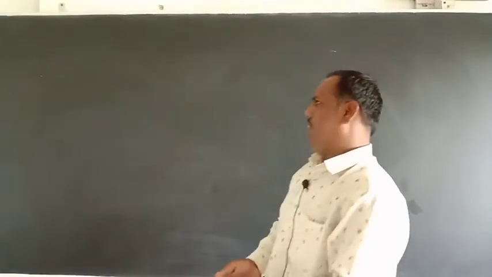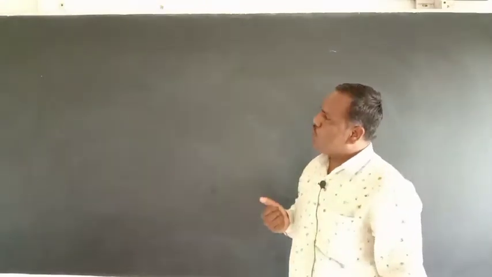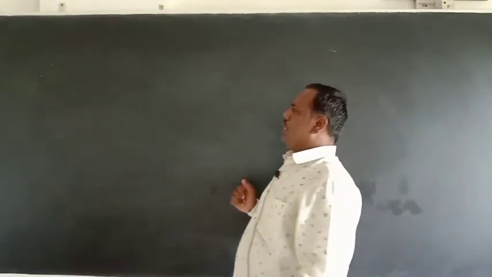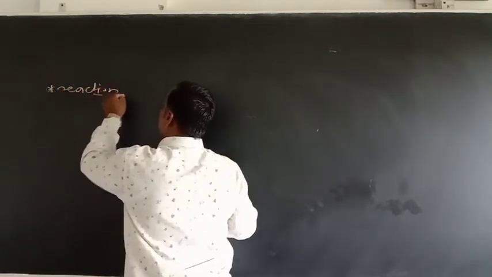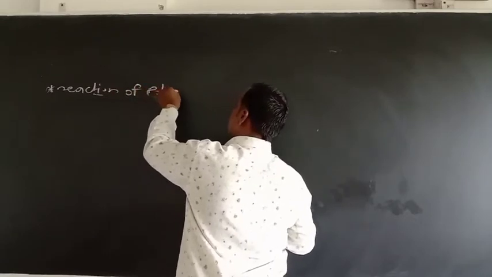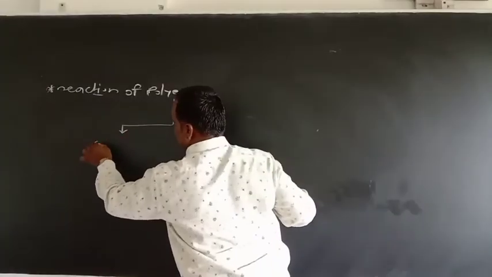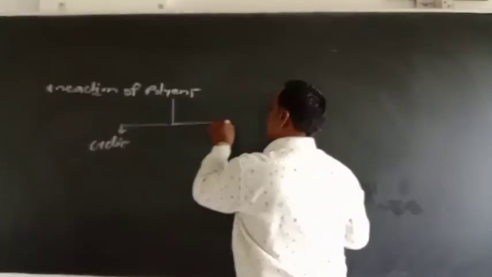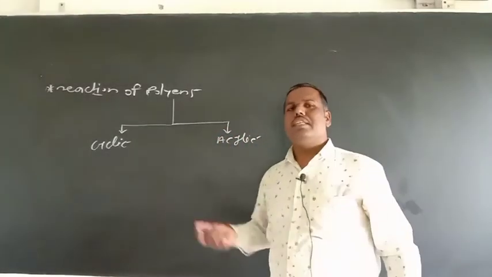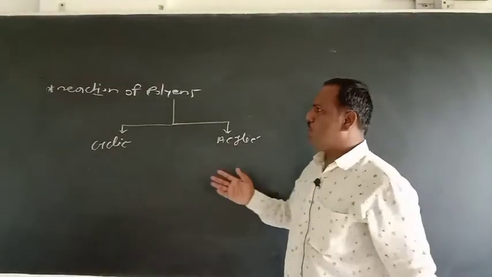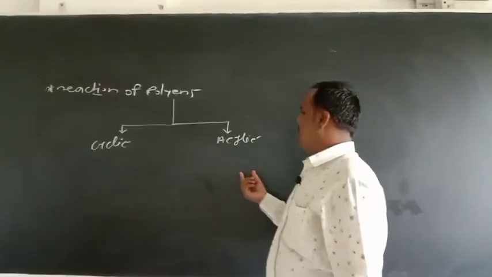The second point which is very important: we discussed the reactions of carbonyl, that is a nucleophile attacking the carbonyl. So in the second type we will discuss the reactions of olefins. These olefins are of two types: one is cyclic olefins, another is acyclic olefins. Olefins means the ligand must contain carbon-carbon double bonds. Okay, so in reactions of olefins, a nucleophile may attack on olefins. So there are two types of olefin, one cyclic and another acyclic.